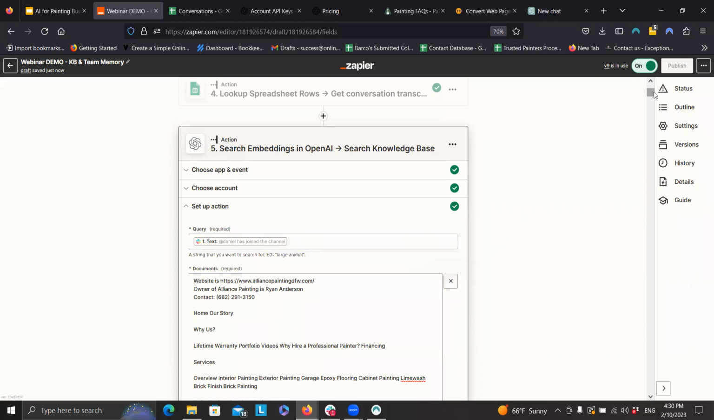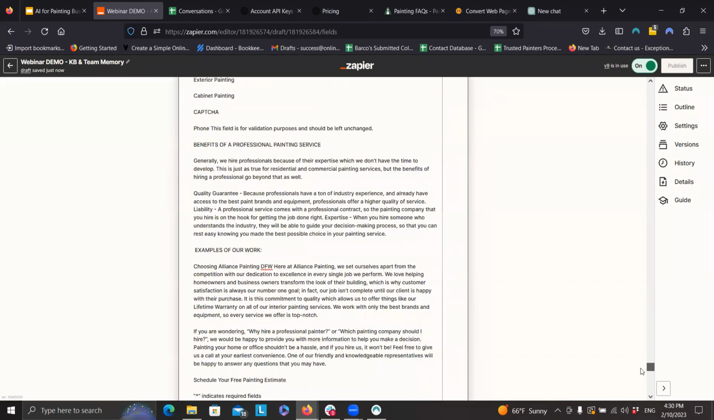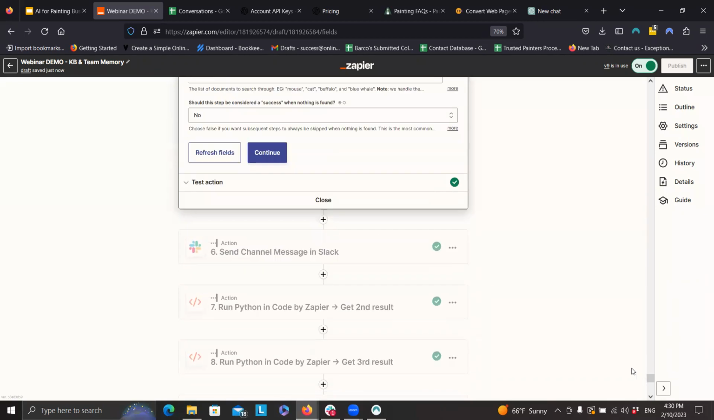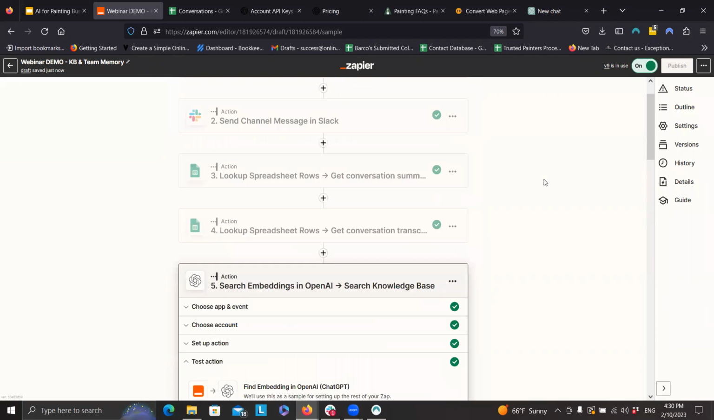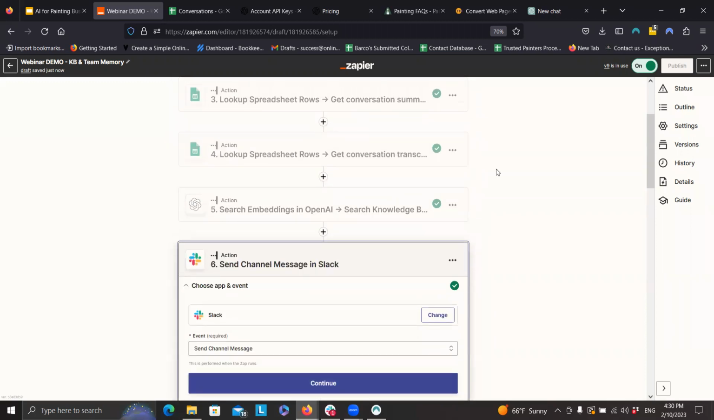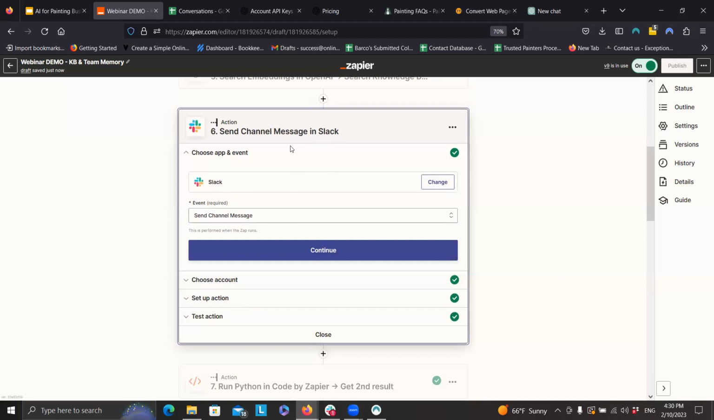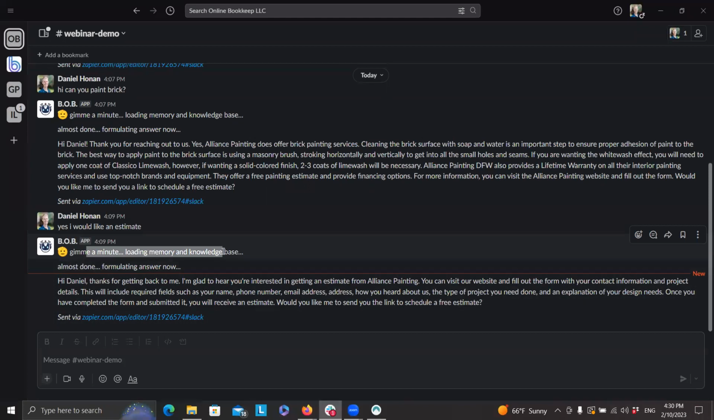And it says searching through all this crap. There's just a lot of text, so you can put a lot of stuff in here. All right, so that's that step. It's basically copying and pasting a bunch of text from your website or whatever knowledge base you want to use. This send message step is just, in the demo I said, give me a minute, and then it says